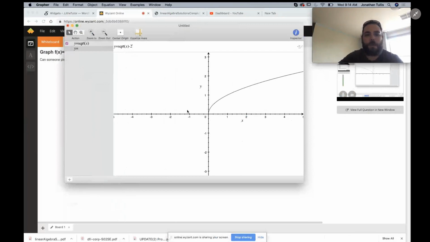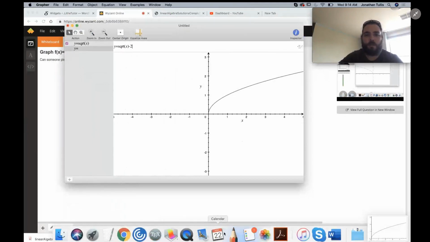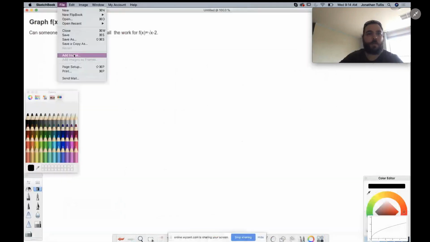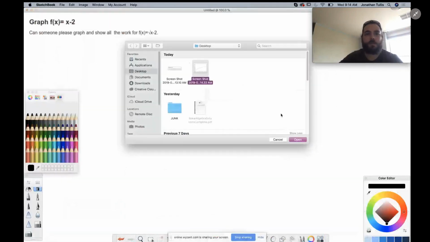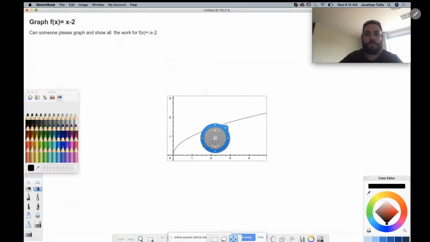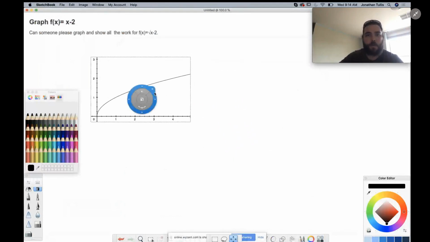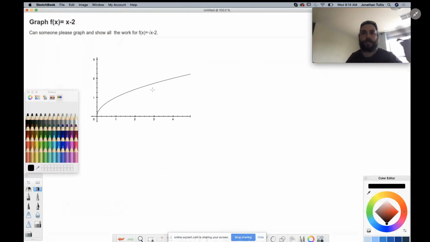And before I plug that in, what I want to do is just explain on the board how to do this. Okay, so there's common graphs that you're going to work with throughout mathematics: square root of x, x squared, x cubed, things like that. So this particular function here is y is equal to the square root of x. And then we subtract 2 from it, okay? So when we subtract 2 from it, then the graph is going to transform